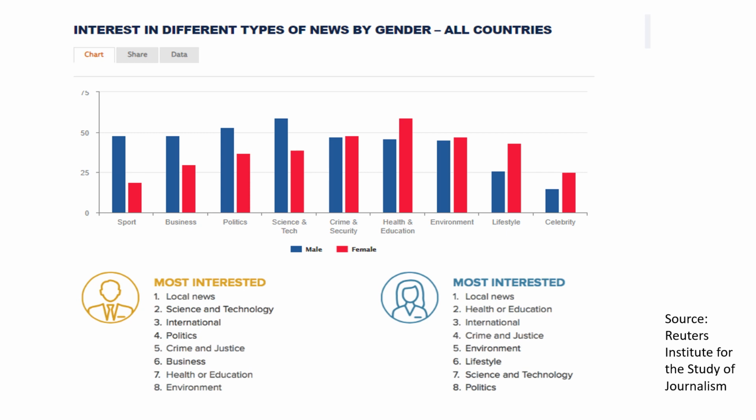Yes, it's crime and security. And which one is close to being equal? Environment. Great. What you can see under the graph is the list of topics for men and women. You can study the graph and the list of topics because you will need this for your final assignment.